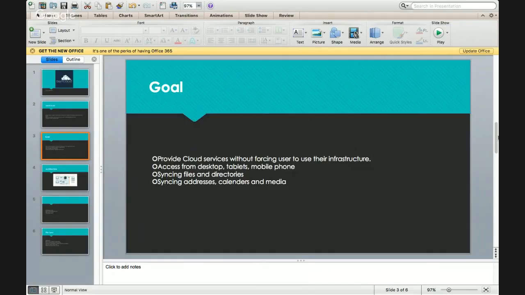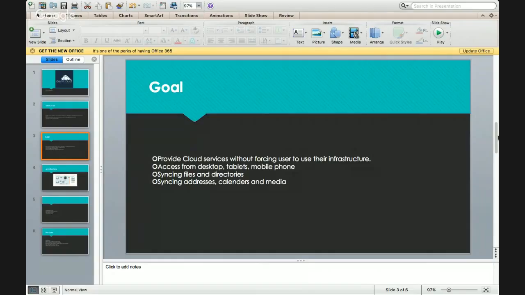And every time you update a file on one of these users, it is updated only on that computer, as well as when you open it up on a different computer, it's already updated.